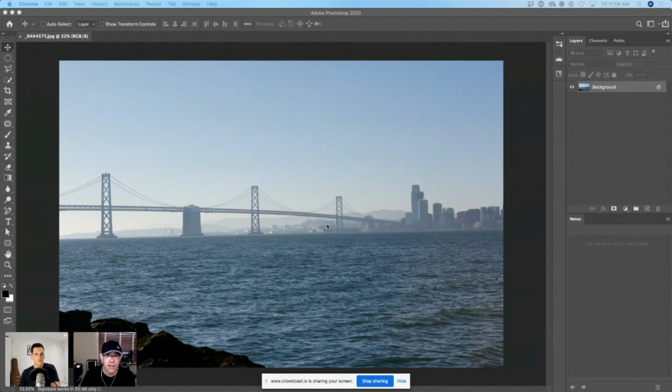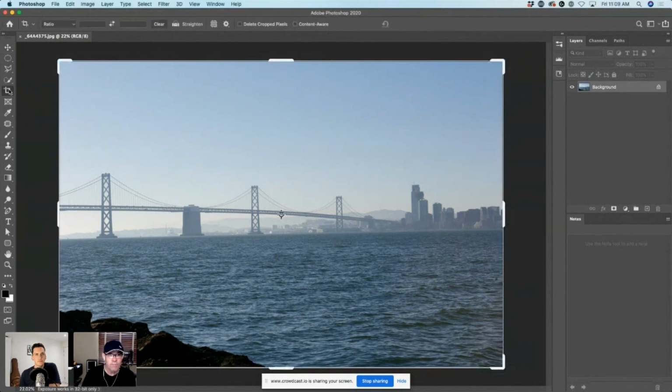But before we do, I want to just crop this photo a little bit, because we got these rocks in the foreground, which are not really that interesting, and just reshape it a little bit. So let's do that now. We're going to choose the crop tool. And one of the little tips for you guys is at the top here, you'll see an option that says